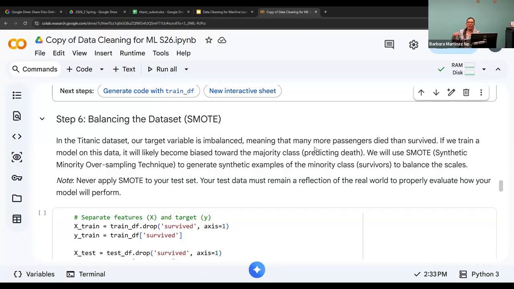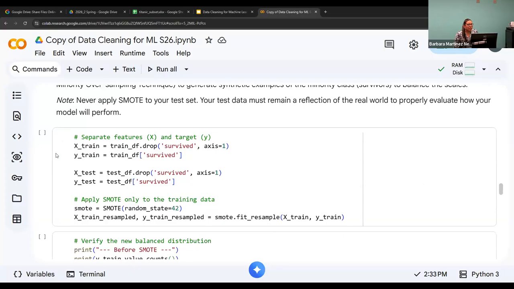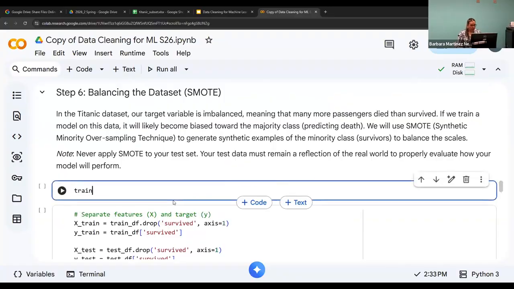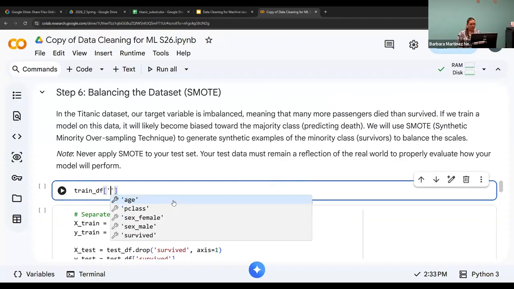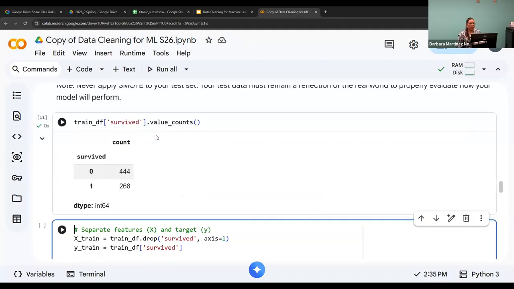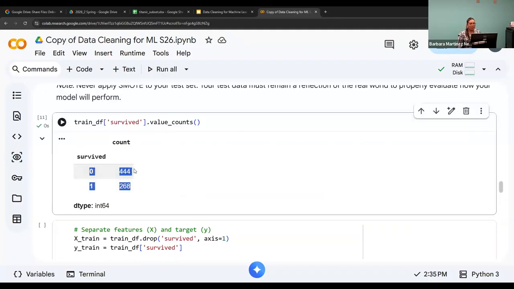Let me see if I can print it out. So we see here that we have 444 passengers who did not survive and 268 who did. It is imbalanced, one is larger than the other, but this is more apparent in things like I mentioned earlier,